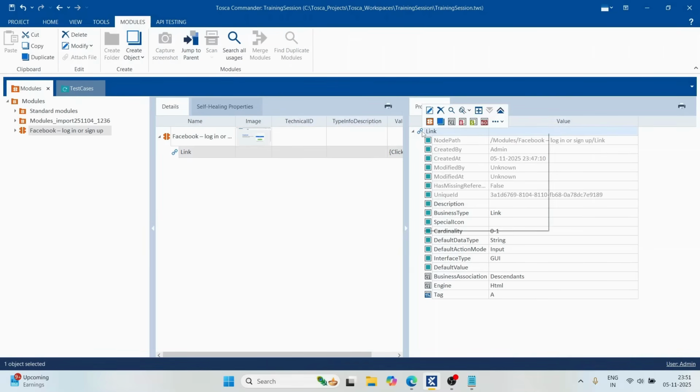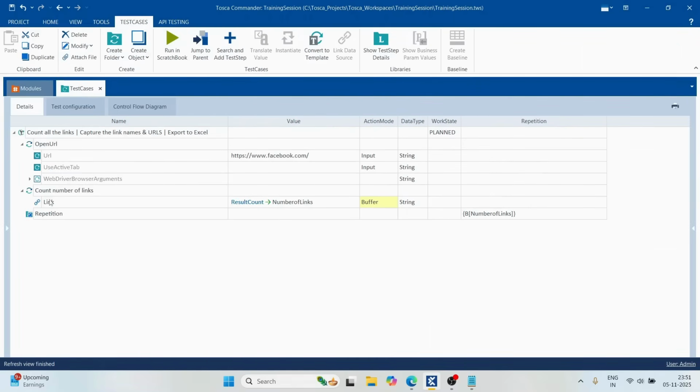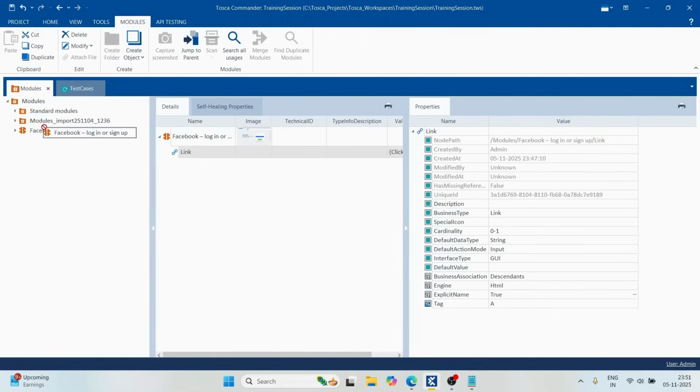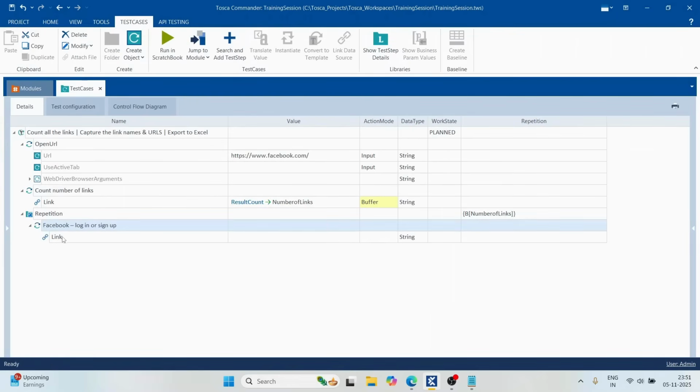Now let's see that. First, in the module attribute, you just right click, click on configuration parameter, type explicit name, and give it true. Adding this is basically giving my specific section module attribute the ability to add additional parameters, certain keywords by which you can give additional information. We'll take a look at that. Now I will drag and drop this into the repetition section, and here you see